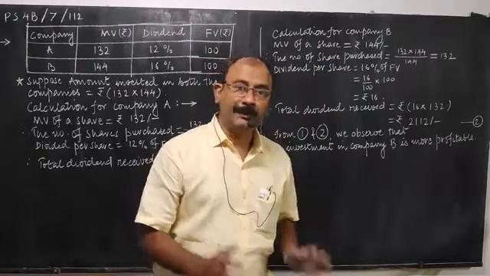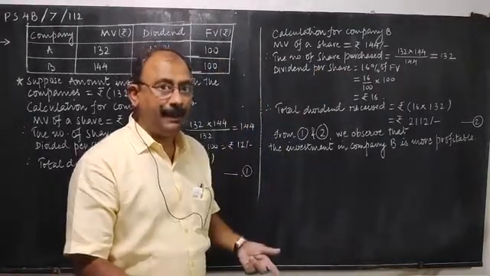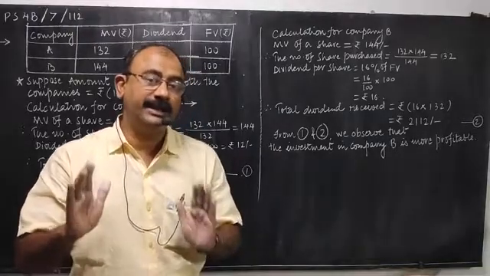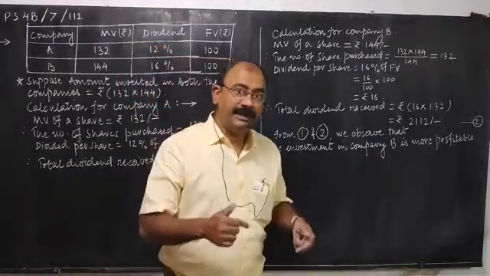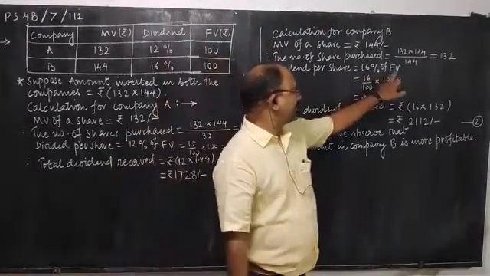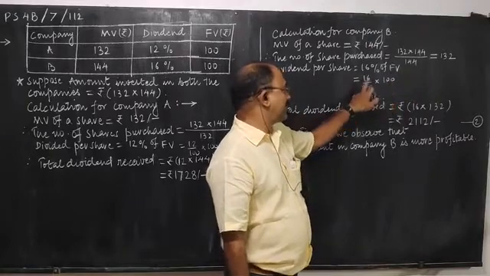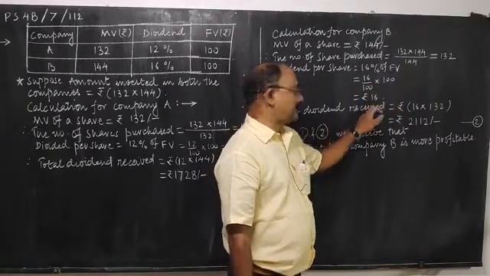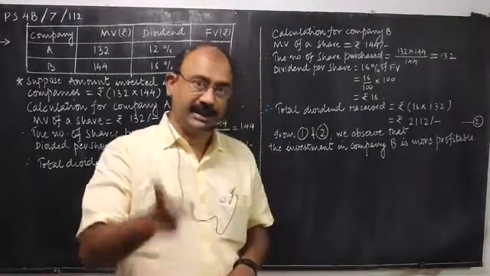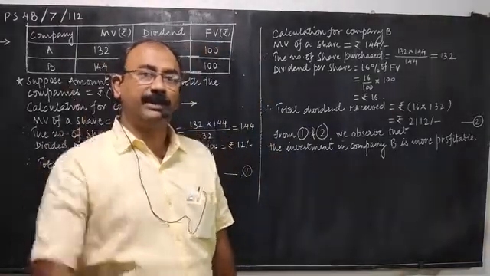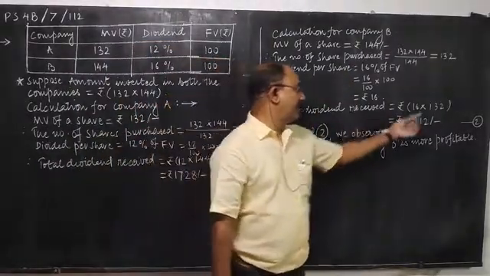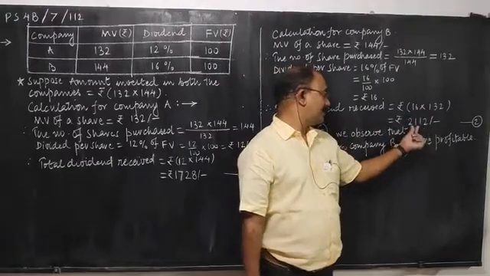So if you invest the same amount in company B, the number of shares you get is equal to 132. But this time the dividend paid is 16% of the face value. Face value is 100, so 16% means 100 cancels, 16 rupees. 16 rupees is the dividend per share. On one share you get 16 rupees, so you are getting 132 shares, and the total dividend obtained will be 132 into 16. That comes out to be